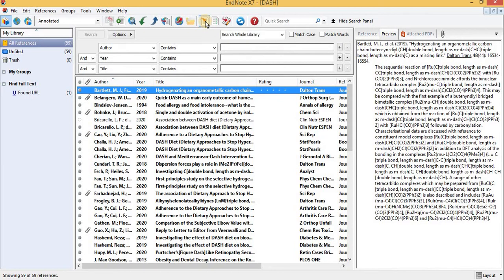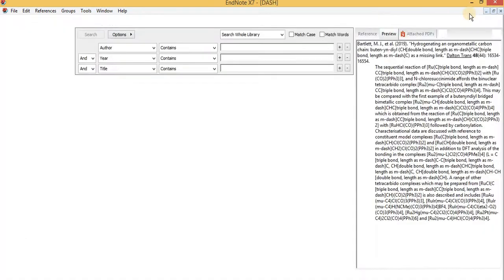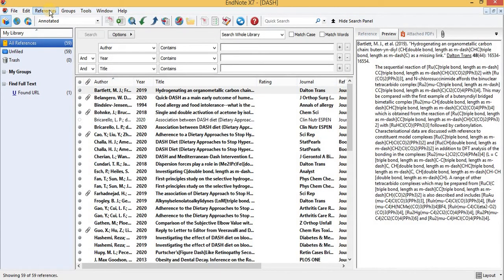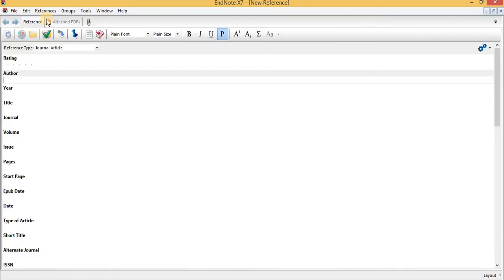We can also insert the citation through this icon. And for today we are going to insert references. By clicking on new reference, we can add references manually. And the second way is by clicking on references, then selecting the new reference, we can also insert our